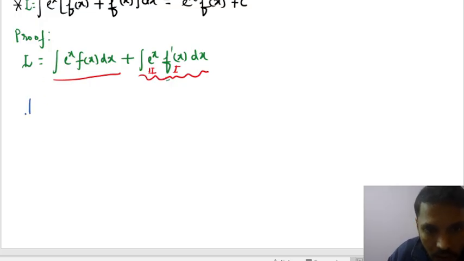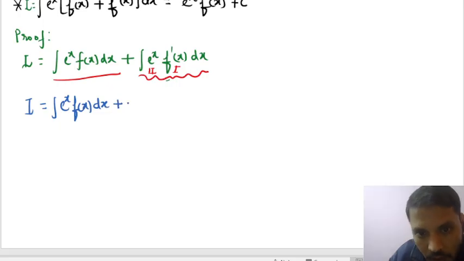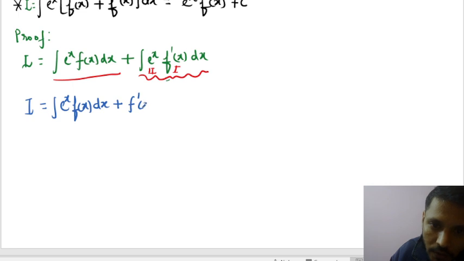Here we can say I is equal to integration of e to the power x f x into dx, and here the first function is f dash of x, so I'm writing f dash of x,